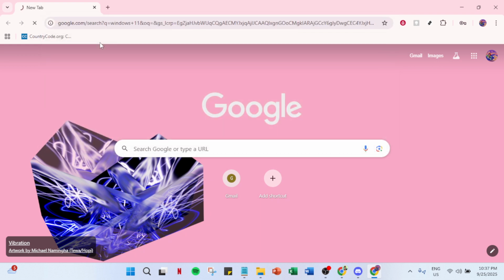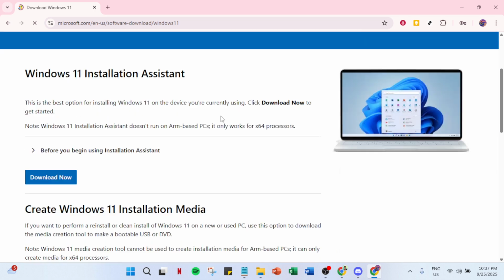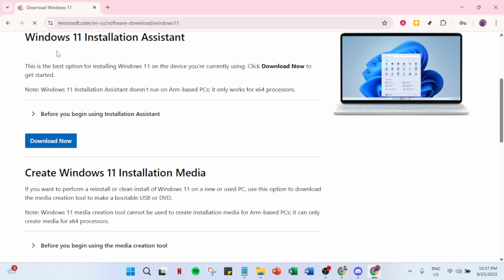After the download completes, open the Windows 11 Installation Assistant.exe file from your Downloads folder. Follow the instructions provided to launch the installation process, accepting any necessary license terms when prompted. Following these steps will finalize the upgrade, and soon your PC will be running the latest version of Windows 11.